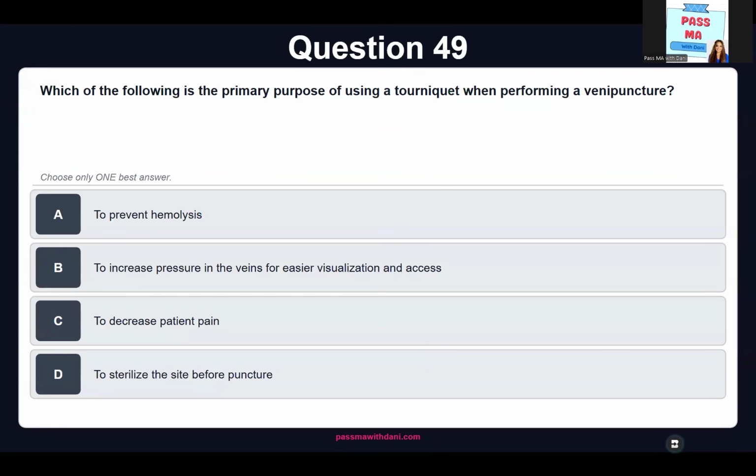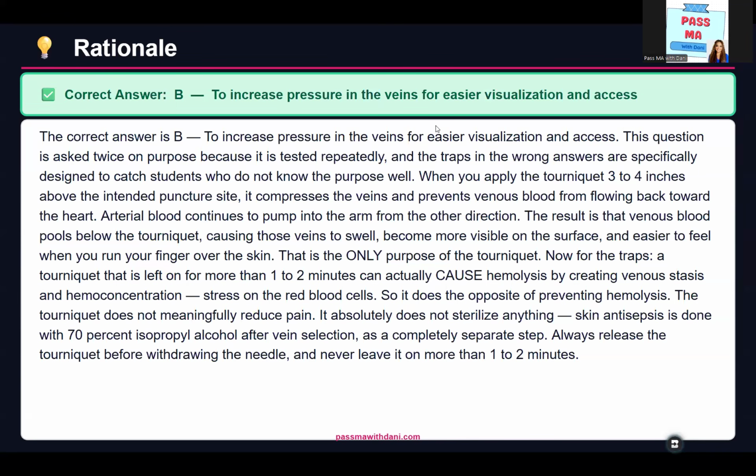Question 49. Which of the following is the primary purpose of using a tourniquet when performing venipuncture? A, to prevent hemolysis. B, to increase pressure in the veins for easier visualization and access. C, to decrease the patient's pain. Or D, to sterilize the site before puncture. All right, for question 49, if you said B, to increase pressure in the veins for easy visualization and access,